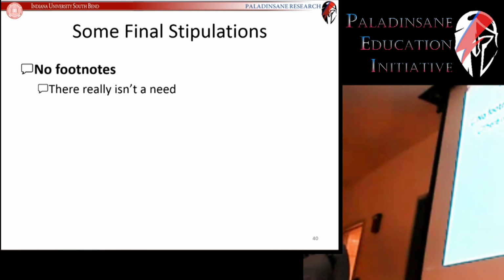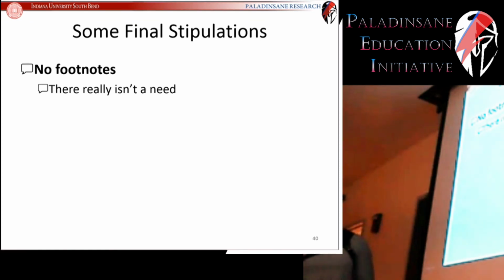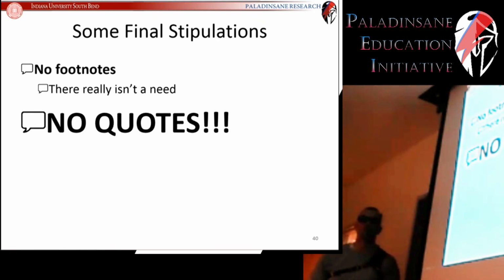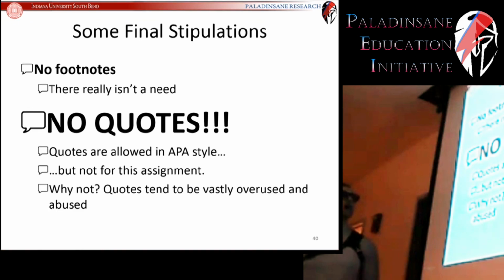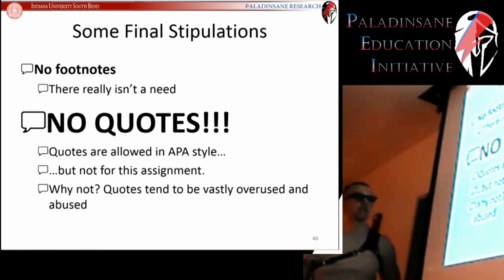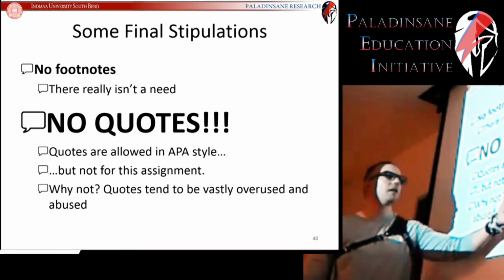All right, footnotes, some final stipulations. Footnotes, you don't need them. If they're in there, take them out. There really isn't a need, so why make it more complicated? But definitely no quotes. So quotes are not allowed. They are allowed in APA style. You will see sections on how to quote in APA, but they're just not allowed for this assignment because in the past